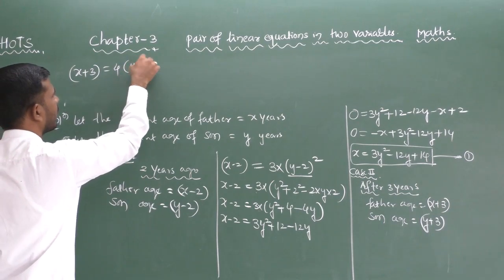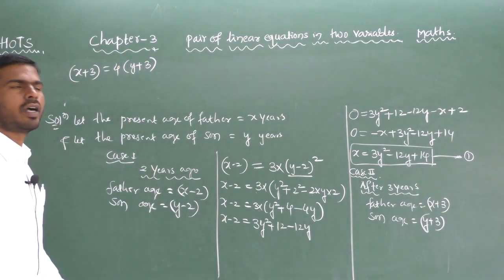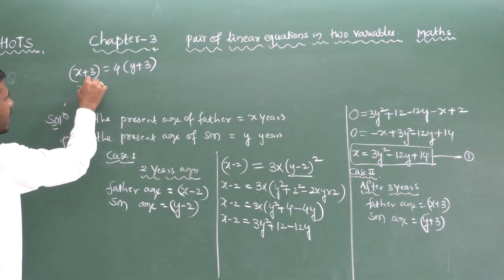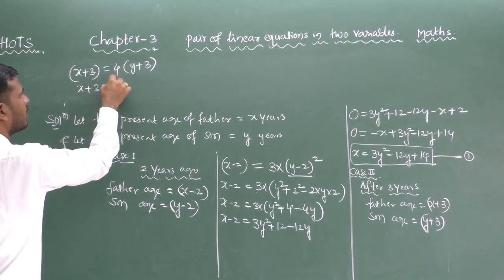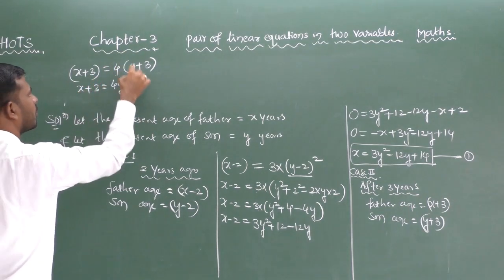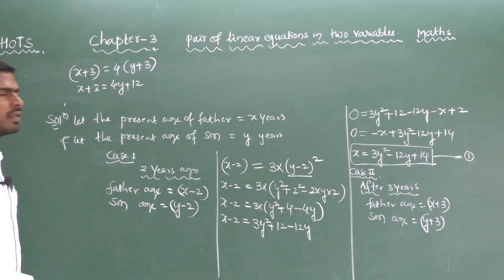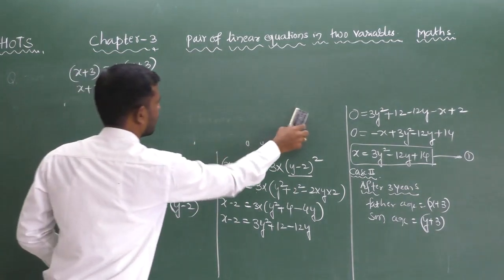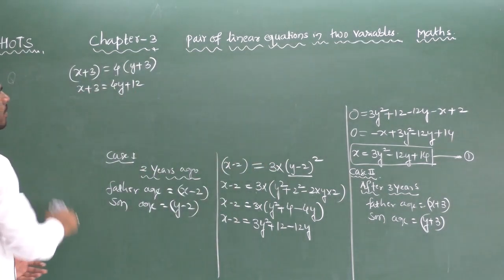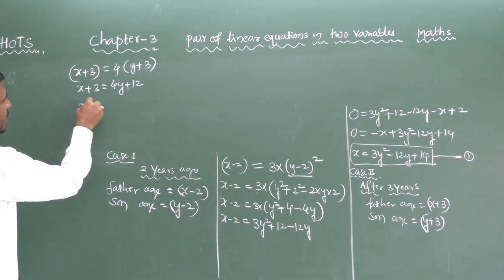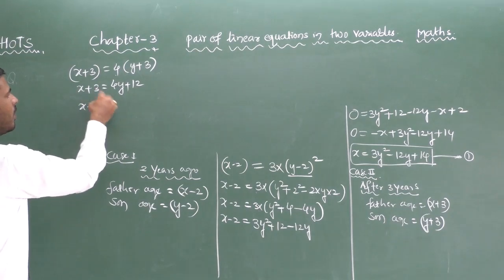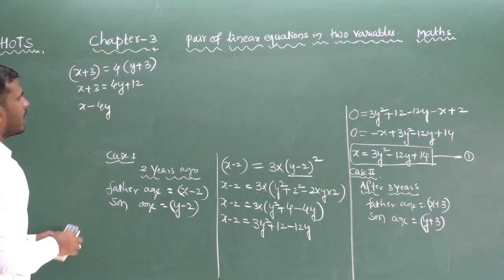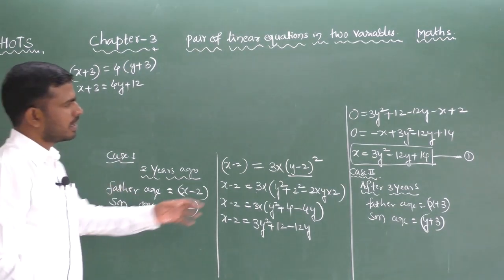which is equal to 4 times his son's age, that is y plus 3. Now we have to simplify, means we get x plus 3 equal to 4 into y, 4y plus 4 times 3 is 12. Next step is to simplify, means x minus 4y, or you can write x equal to